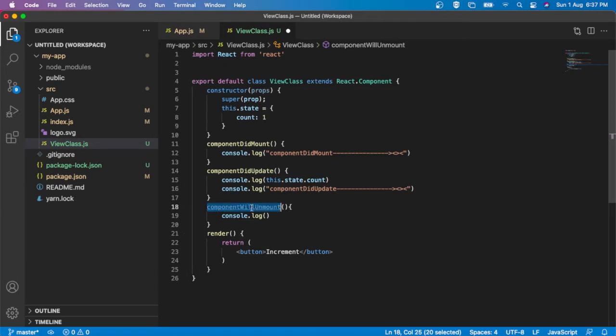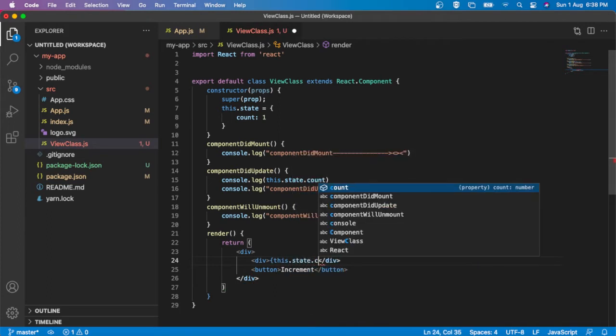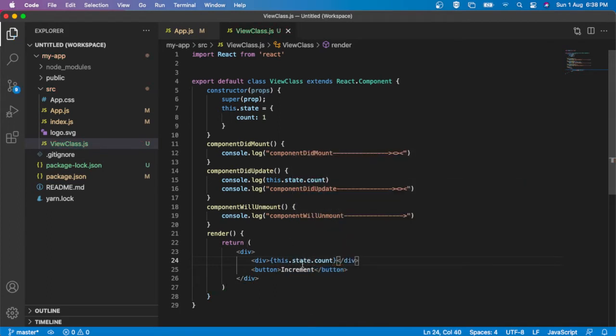So I am using these here, adding the console log in each. Now I am going to print the value of count, this.state.count.